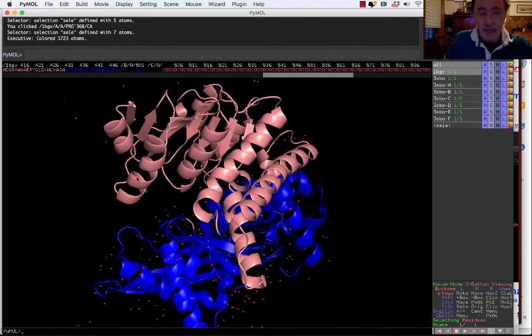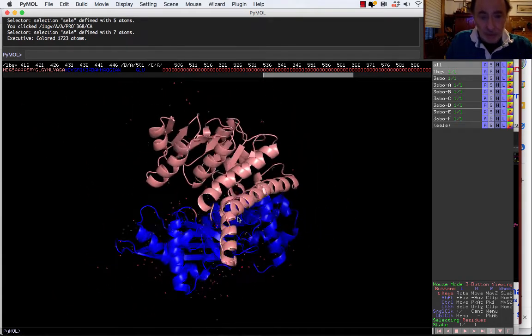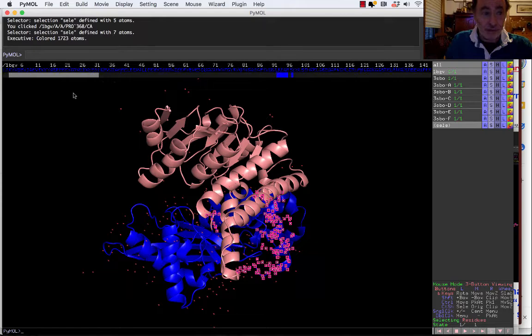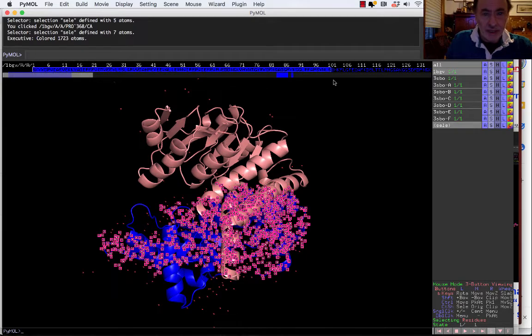That's all good. But now what I want to do, for a number of reasons, is create a separate object for the N-terminal domain. So that's now going to be quite easy because I've labeled it in blue. I can find it again very easily. I'm going to